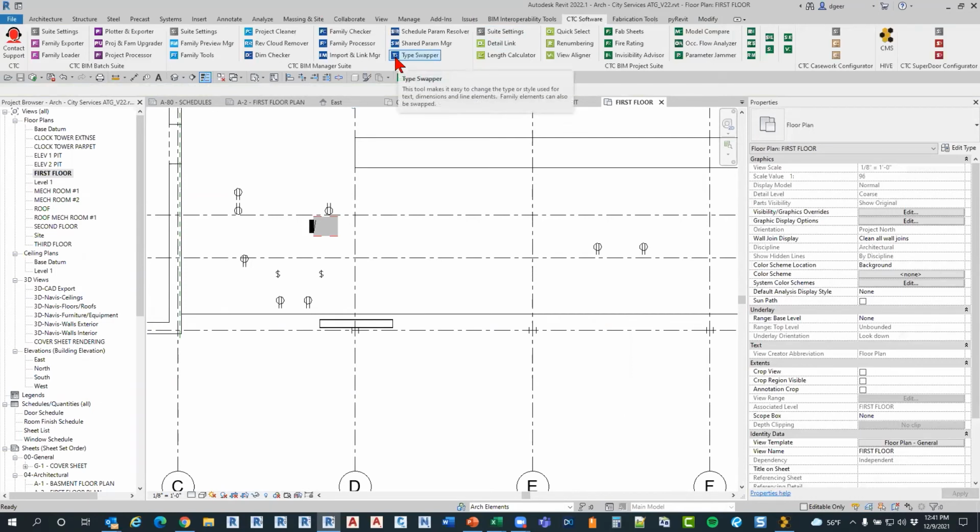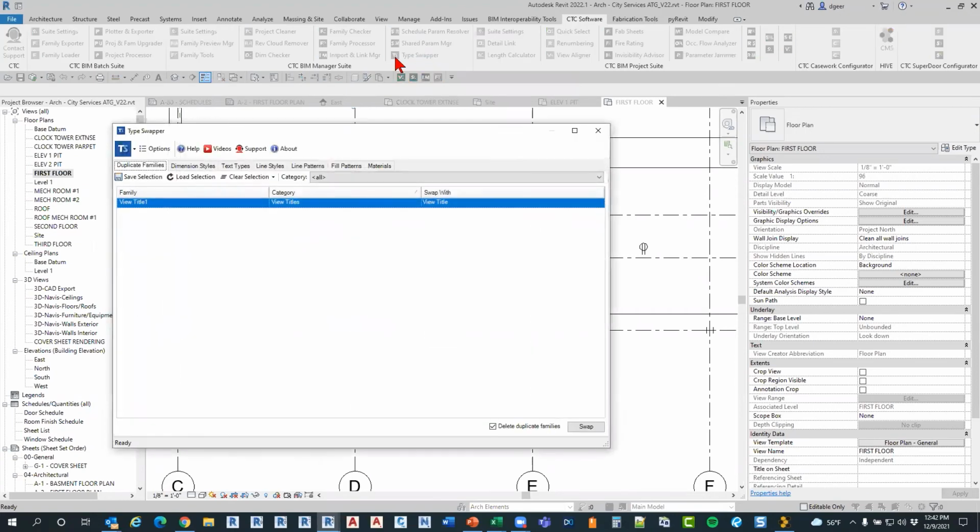As far as those go, once you get your project set up, you're kind of good. And I said, one of the things we were going to go over is the type swapper. What the type swapper allows me to do, this is really more of a BIM manager tool, is come in and look and see if I have duplicate families. If they are, what do I want to swap them to so they're on their appropriate family? And do I want to get rid of them so I can get rid of that junk out of my